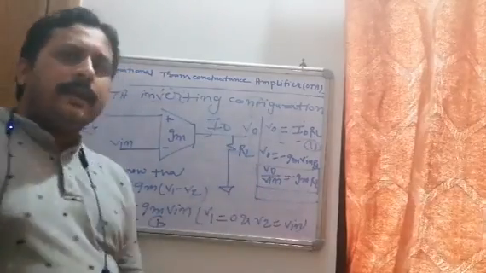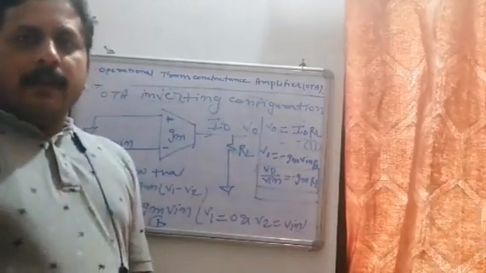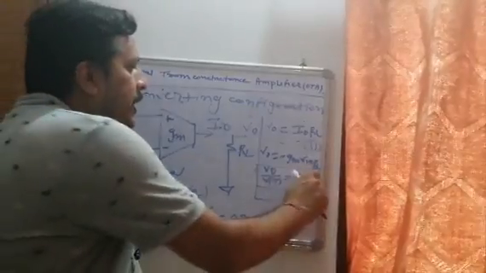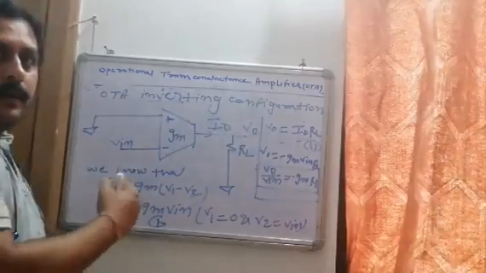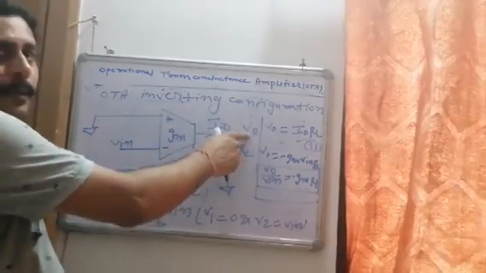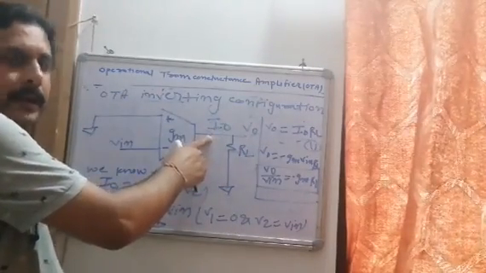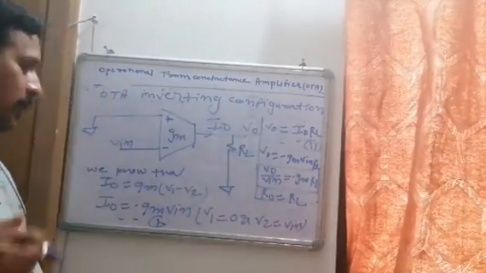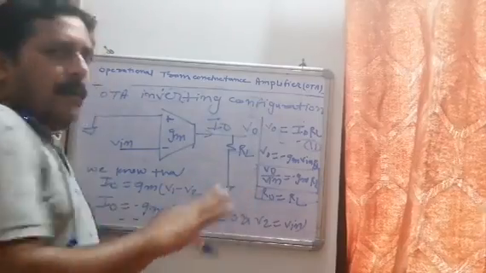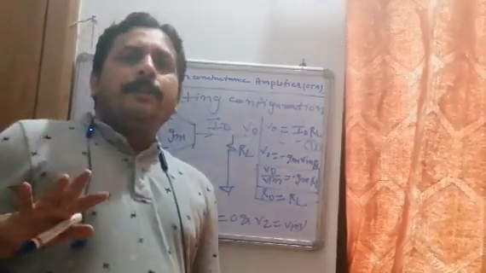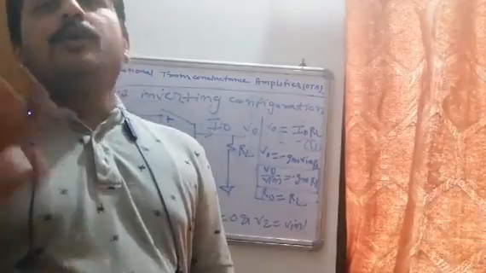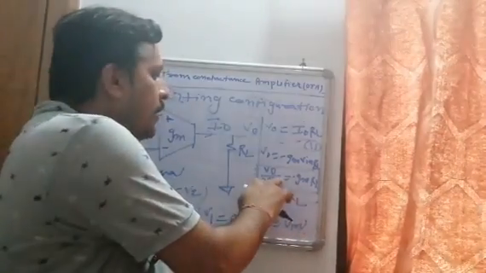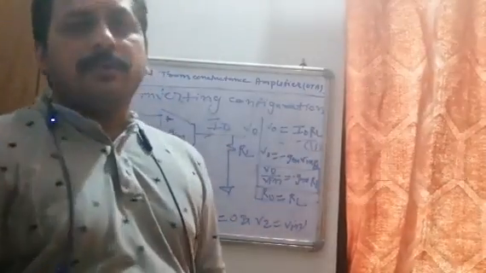This is simply voltage gain. Output voltage divided by input voltage, and it is equal to minus GM RL. So basically, what is output impedance? Output impedance is output voltage divided by output current. So R naught is equal to RL. So look here, we know that an ideal voltage amplifier should have low output impedance. So if I make RL very low, what happens? The voltage gain will reduce.